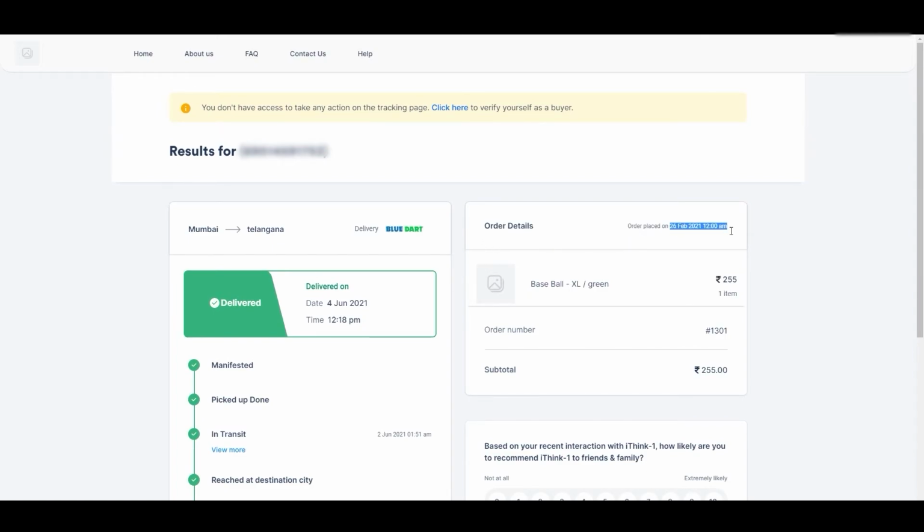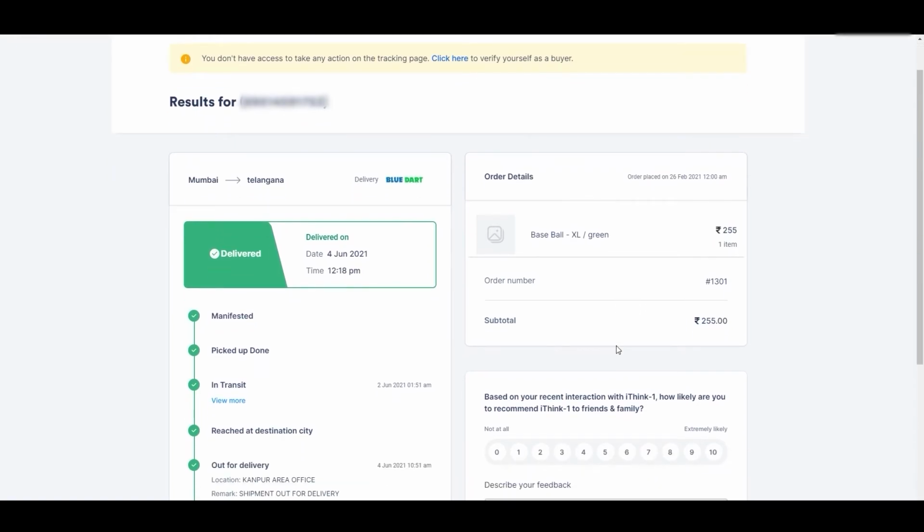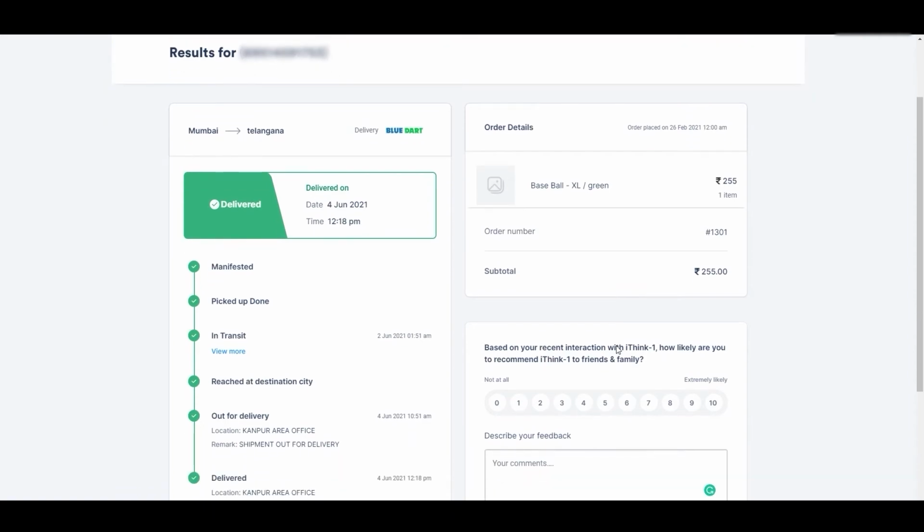These details include the date on which order was placed as well as name, quantity and images of the product. It will also indicate the order number with the subtotal mentioned. By clicking on View Order Details, the list of product will be expanded and you will see all the details about the product. After all this, the seller can capture the interaction with the customer and submit an NPS.